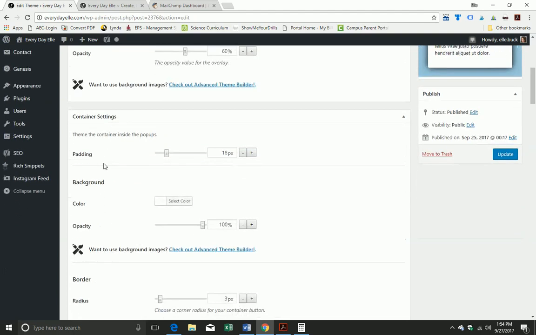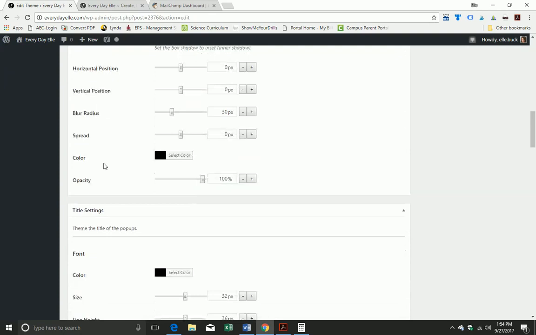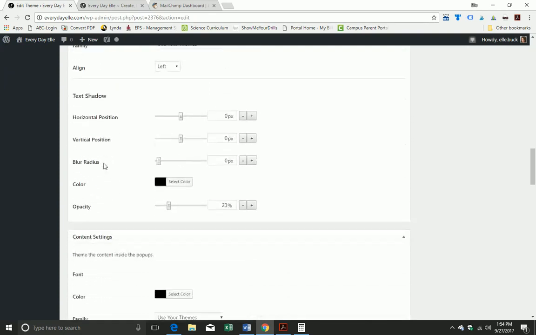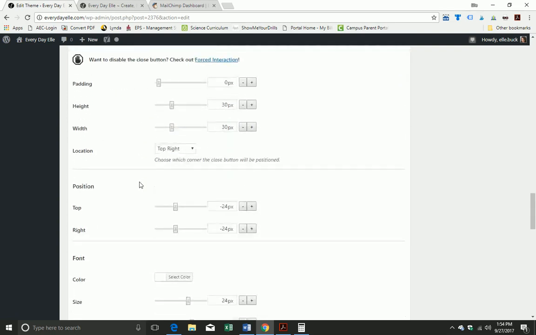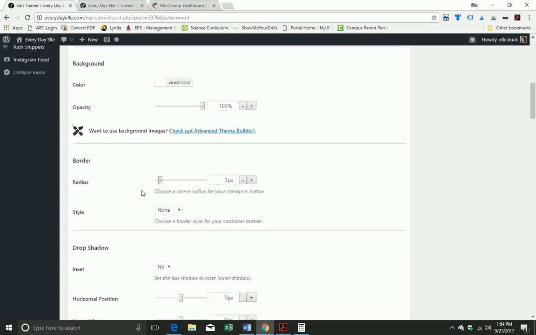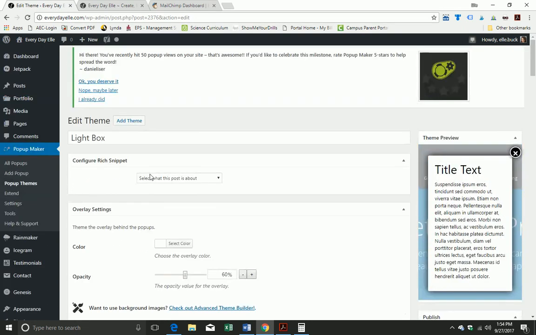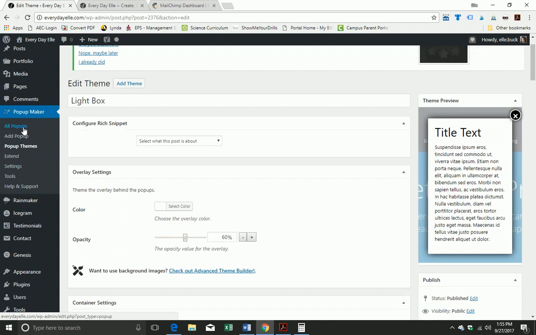So I have it set at 60%, and this is kind of how I have it set up. I'm just scrolling through so you can see it. The family, I used my own theme, but I'll leave a picture of this on the blog so you can see that as well. So once you have that all set up, you just hit the save button over here. I didn't do anything to it to make any changes, so I'm just going to go back to